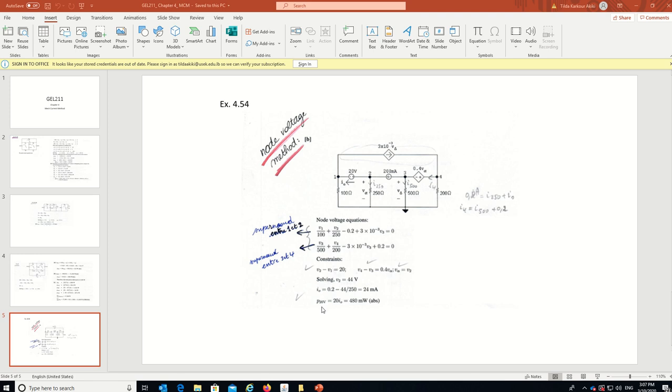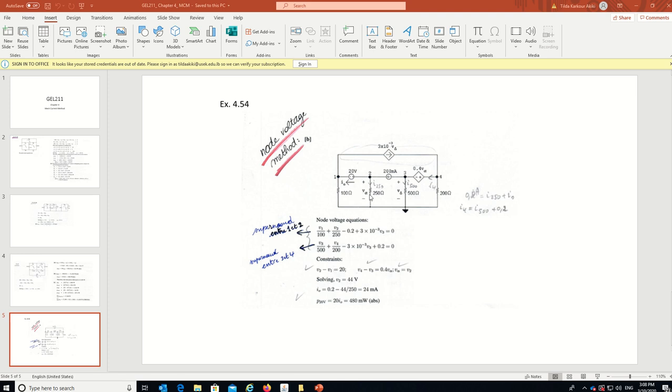Then you have to find the power of the 20 volt. The current is I0. It's entering the positive node. So it's plus V times I. How to find I0? You can write a KCL equation at 2, and then the constraint equation, for example, for